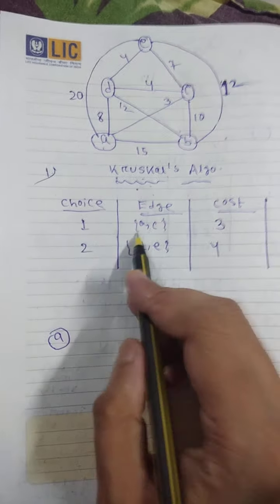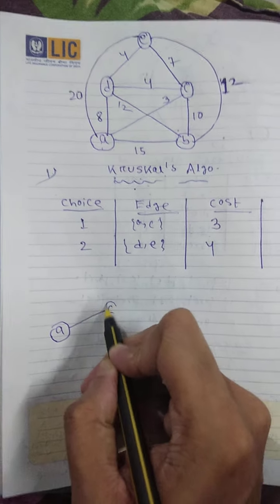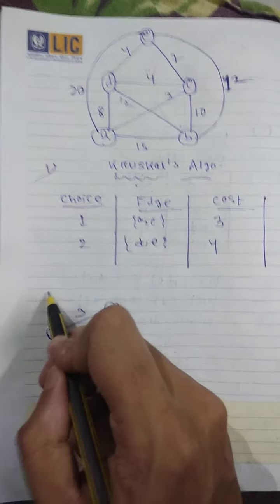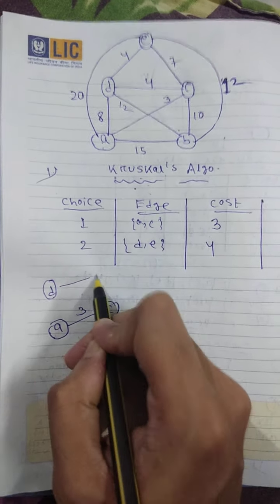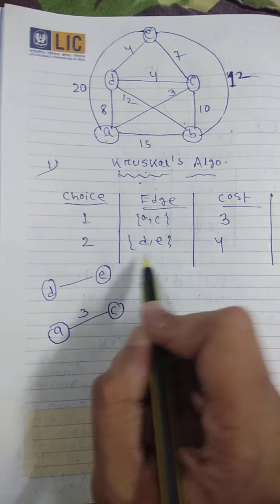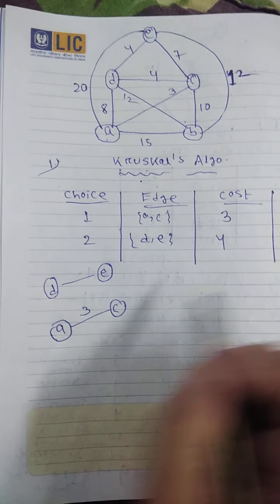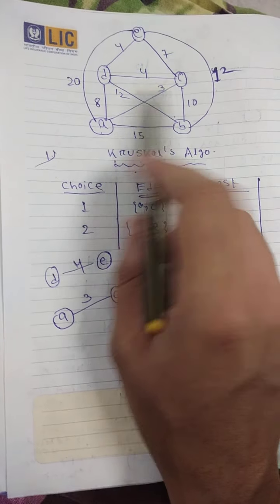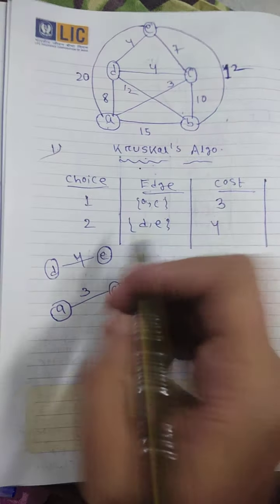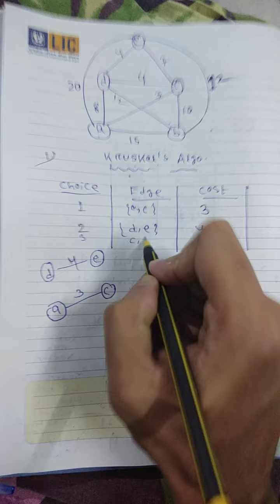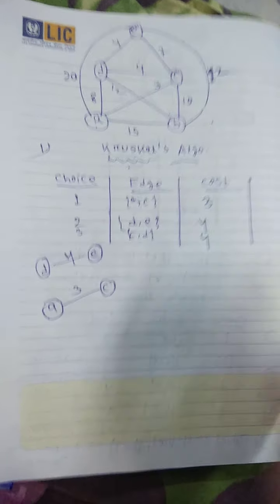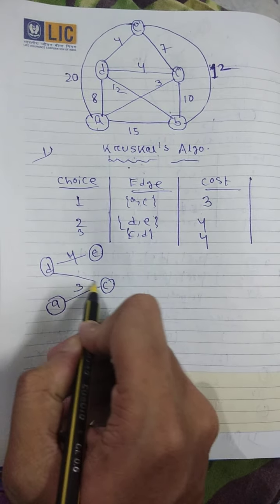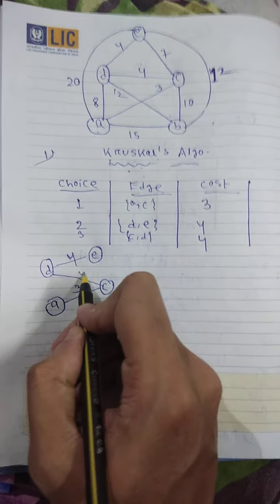And we also draw the minimum spanning tree. Suppose AC is connected, the cost is 3. Next DE, here you have to check that this edge does not create a cycle, that is 4. Next again the next minimum is 4, DC or CD. So I am writing CD, the cost is also 4. So check it for C and D, no cycle is there, so you should join it, CD is 4.